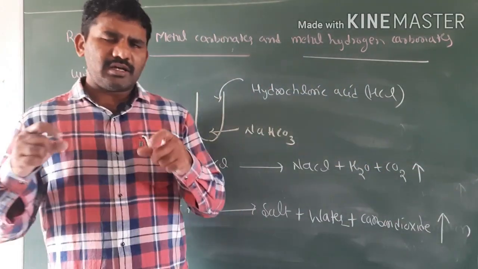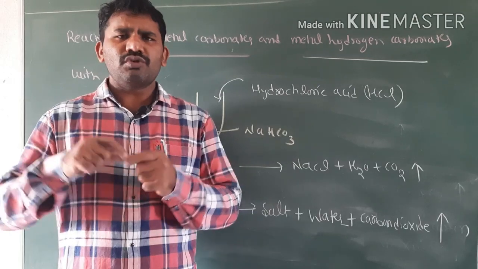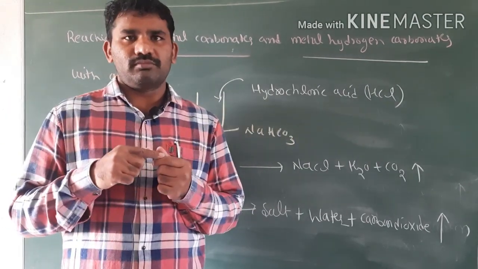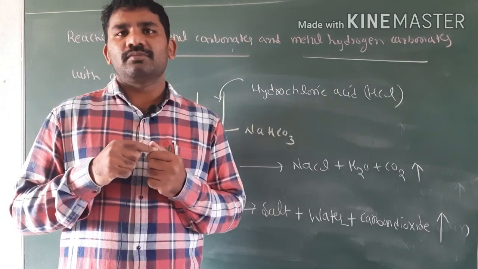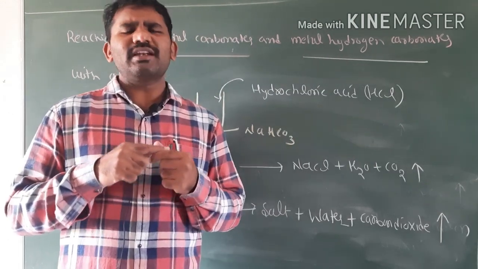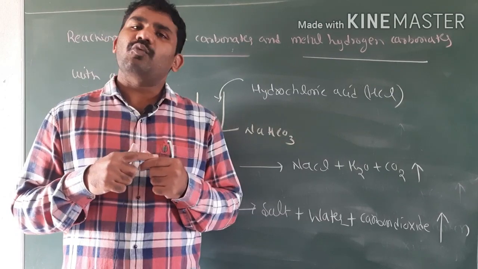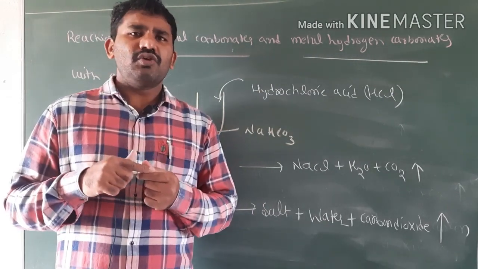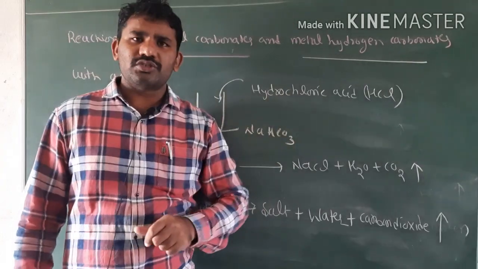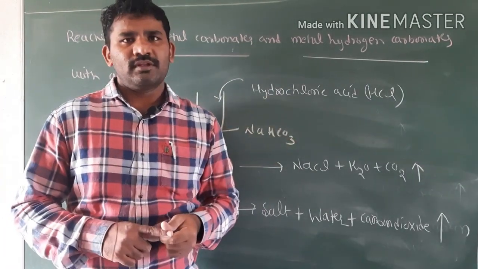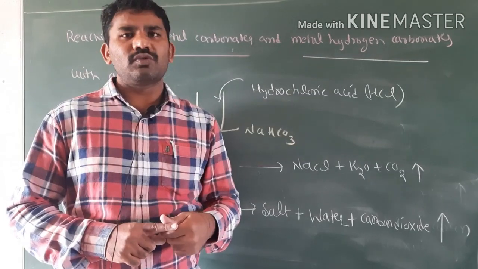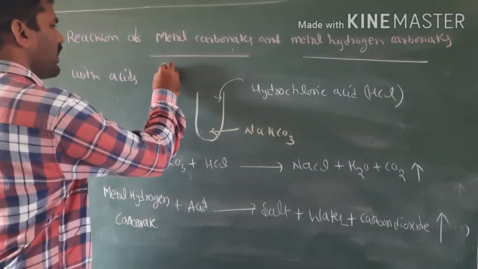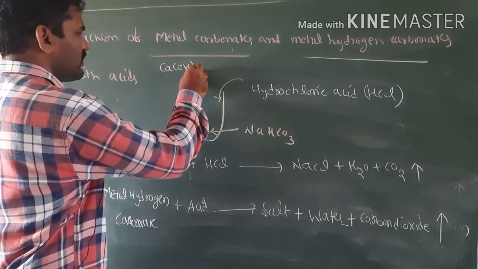Now let us try to understand one more important thing. When you keep on sending the carbon dioxide gas through the lime water, what happens? The lime water completely turns milky white. That is the reason why when you paint the wall with whitewash, after some time the whitewash completely turns white in color. The reason is very simple. Calcium hydroxide is the lime water which is present in the whitewash.